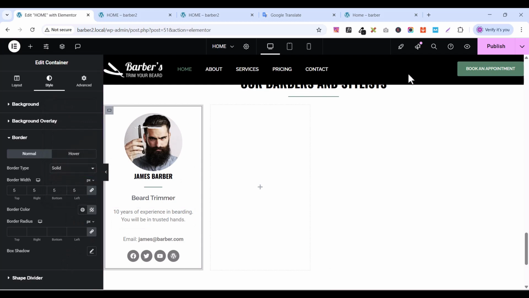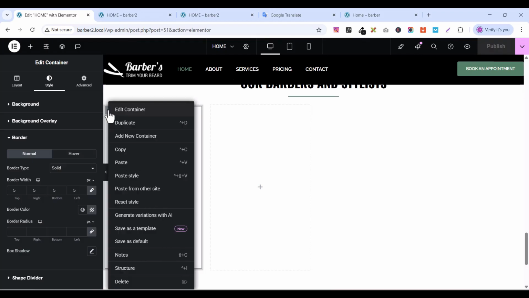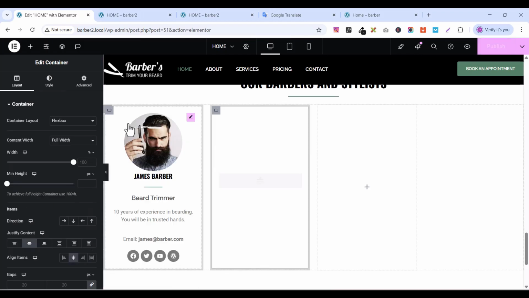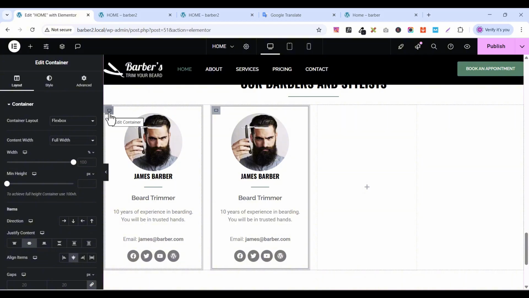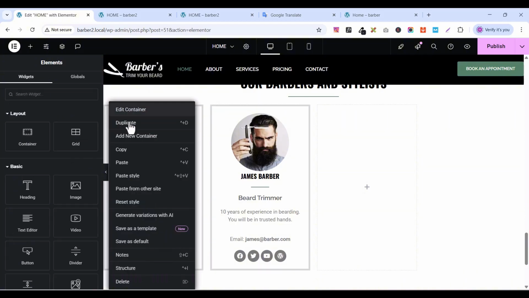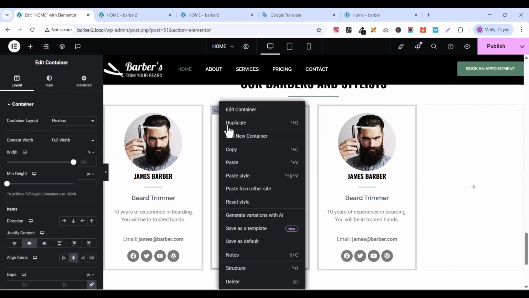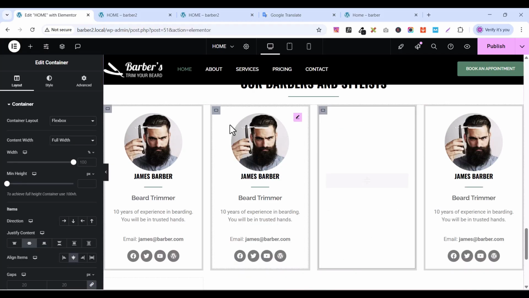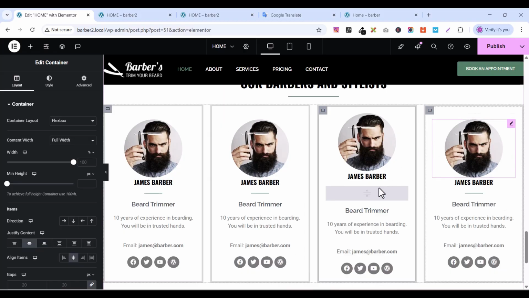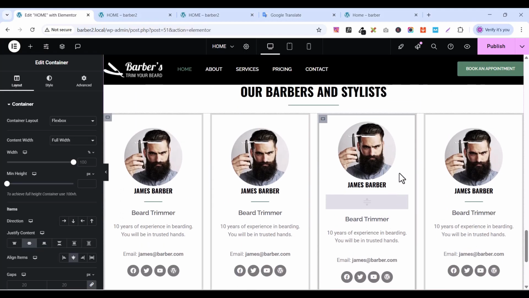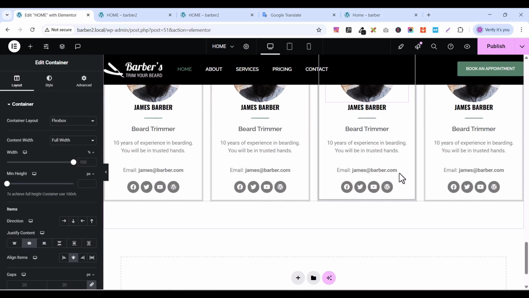So from here, let's publish it, and we can duplicate this one, duplicate it again, duplicate it again until you have the 4 pieces. Okay, so we have the 4 pieces. Publish it,